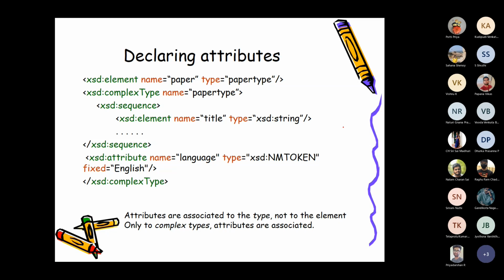So I can have any character. It is again a built-in keyword available, NMTOKEN. That is the data types available for attributes. What we have seen, primitive data types, derived data types, list data type, and all those things are for elements. For attributes, a different set of data types is specified. So what it says is language is the attribute and its value is fixed with English.